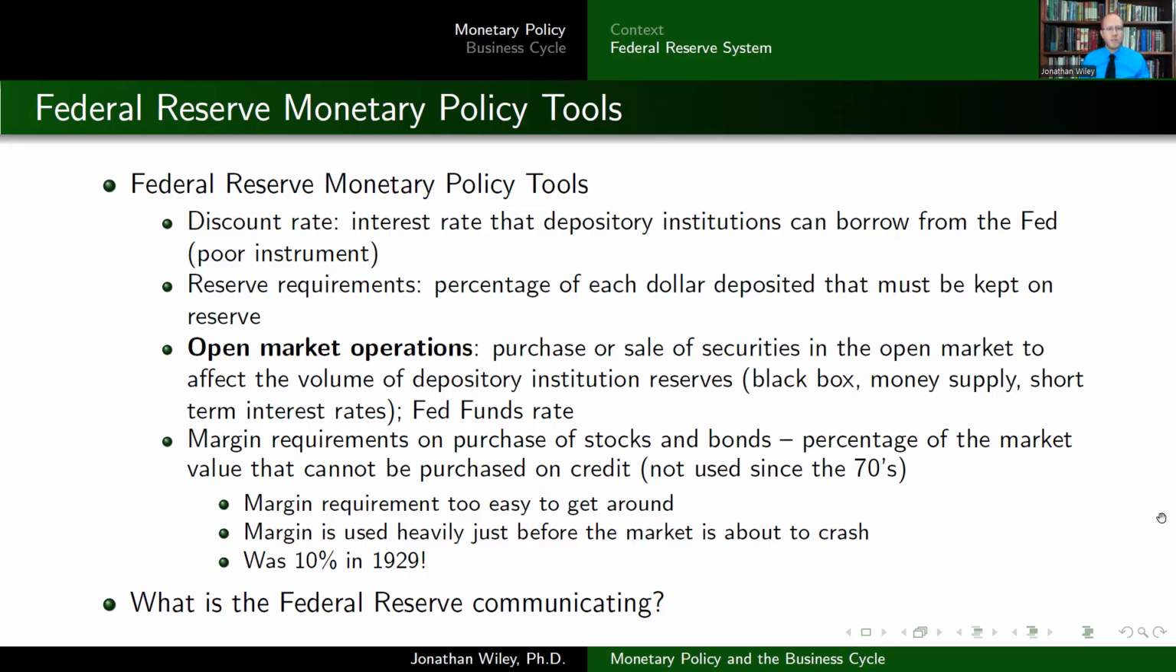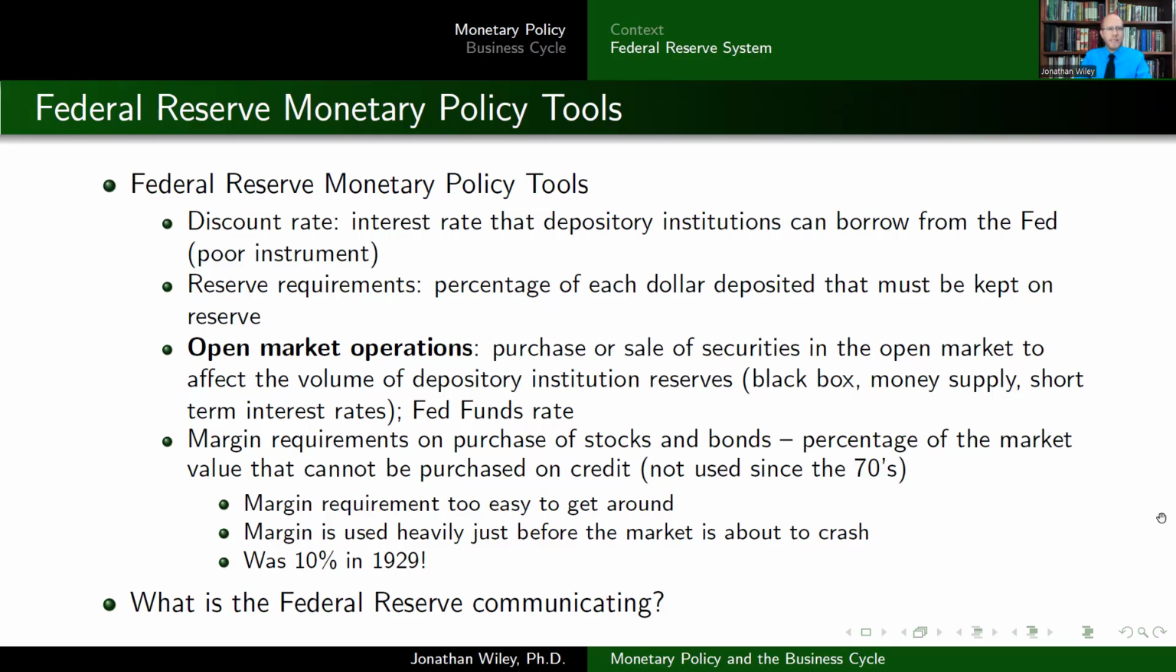This is when the Federal Reserve engages in the purchase or sale of securities in the open market to affect the volume of depository institution reserves. It's a little bit of a black box in the sense of until disclosures come out about what the Federal Reserve's balance sheet looks like. Technically, you don't necessarily see exactly on a day-to-day basis every last little thing that they're doing. However,